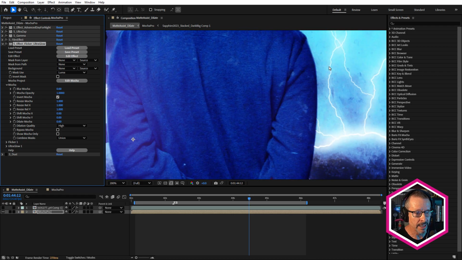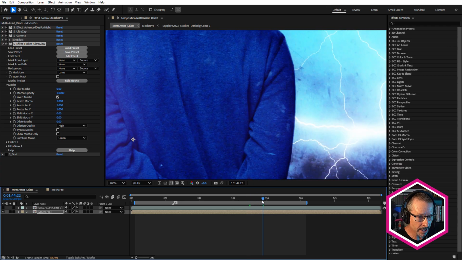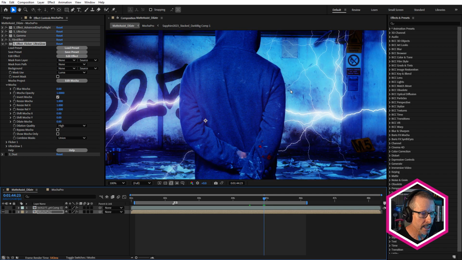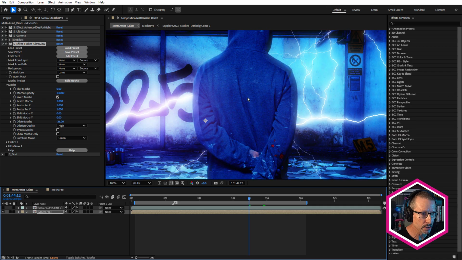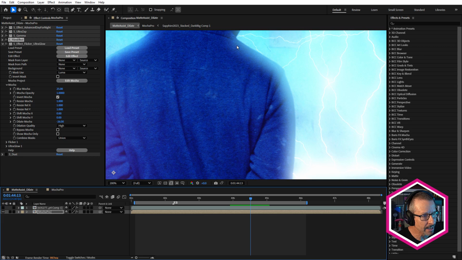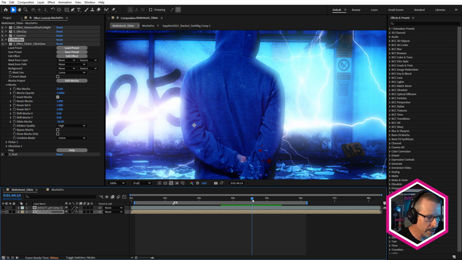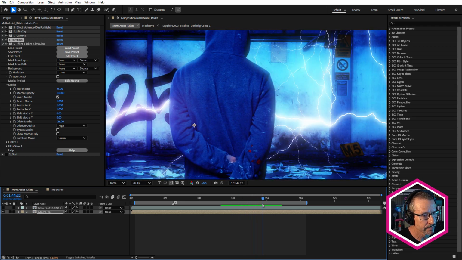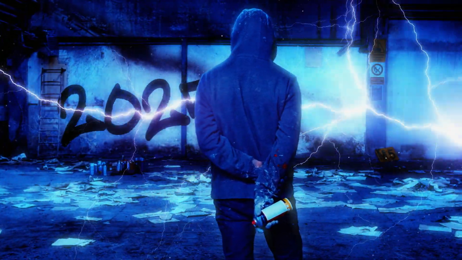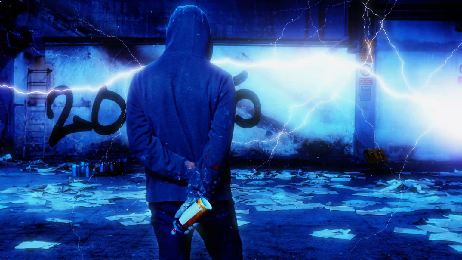So now we've got the glow and the flicker, but you can see we've got these really clean edges of the matte. And what I want to do is have that light wrap around him. So I'm just going to undo that. You can see now we're getting that really nice light wrap effect thanks to the dilation and blur of the Mocha Matte Assist ML matte. And to finish the shot, I just use a little bit of Sapphire Dust, also using Matte Assist ML, just to add some dust in the background.